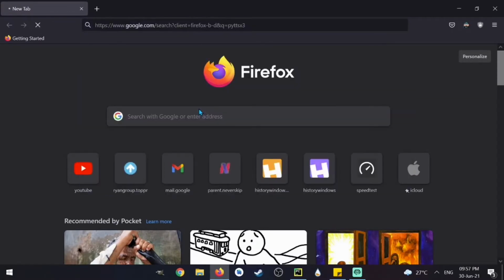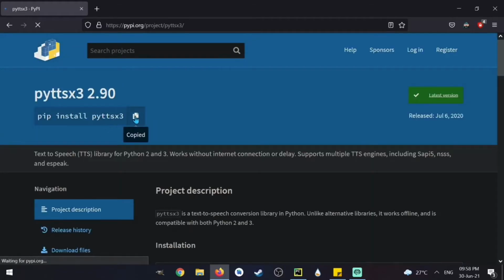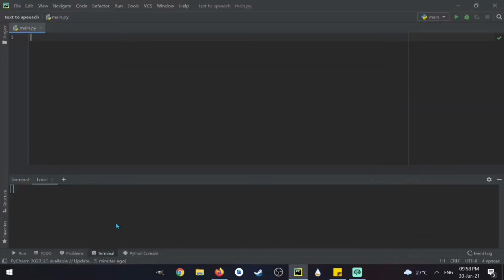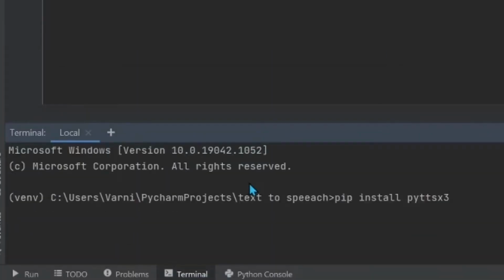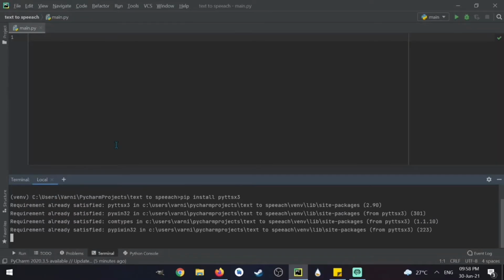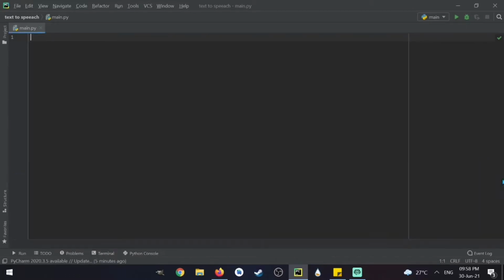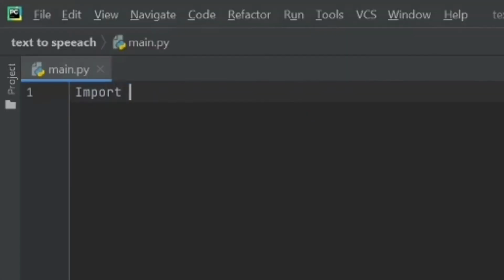PyTTSx3. Okay, here is a link. We just have to copy this button here. Come here to Python, click on terminal, paste this link, and give it some time, and it shall do. I know I wrote a spelling wrong here. Please don't stop commenting down below. Okay, it already installed. You guys might need to install it; I installed it before only. So after installing it, you can write here